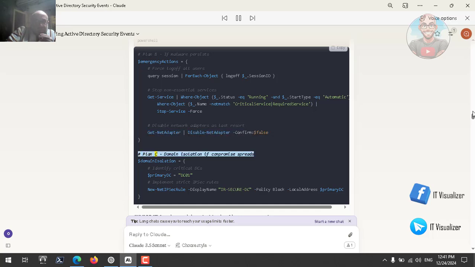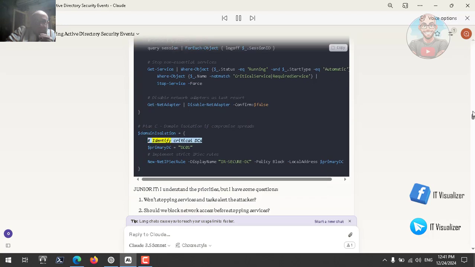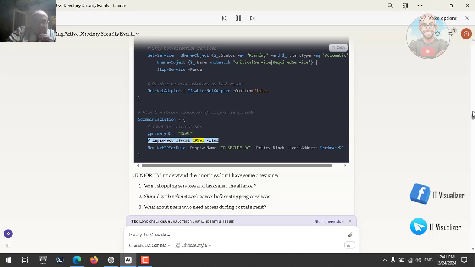# Plan C: Domain isolation if compromise spreads. $domainIsolation = { # Identify critical DCs. $primaryDC = "DC01". # Implement strict IPsec rules. New-NetIPsecRule -DisplayName "IR Secure DC" -Policy block -LocalAddress $primaryDC